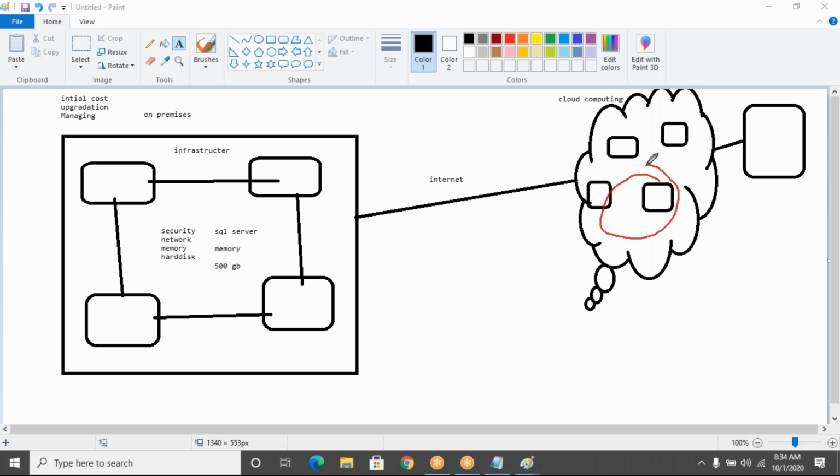Only the development team will immediately take the service, do the development, and give the delivery. That's all. It makes things faster. Also, setting up a service on your local machine costs more compared to purchasing a service inside the cloud. That's the reason many clients are moving their projects, their IT, into the cloud.